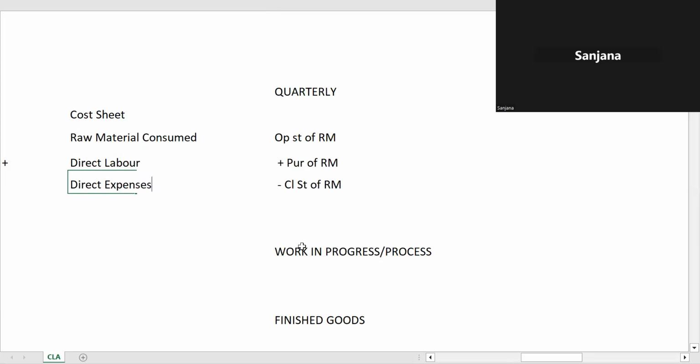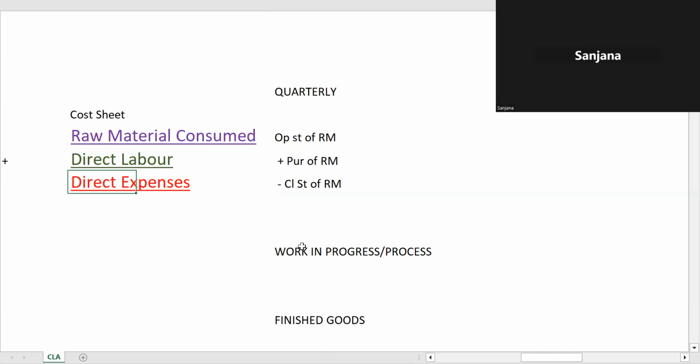डायरेक्ट एक्सपेंसेस इज डायरेक्ट, कोई भी एक्सपेंस किया है आपने which is direct, you can identify with the products clearly। ठीक है, but it is neither material nor labor, तो उसको ग्रुप करके you put it as direct expenses। Now these three things together, where your raw material consumed, direct labor and direct expenses, add these three together, that we call as prime cost। ठीक है, तो इसका जो नाम है बेसिकली इज प्राइम कॉस्ट।